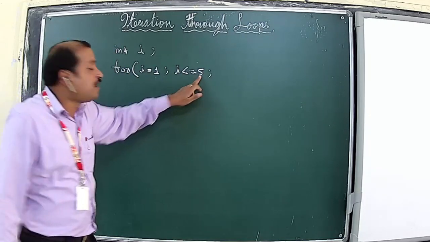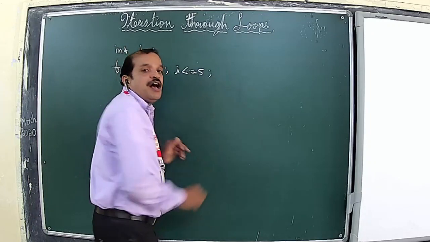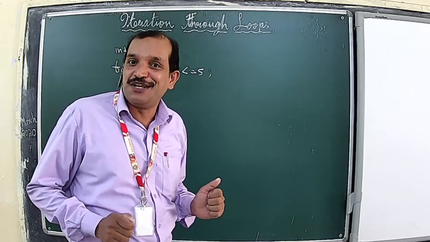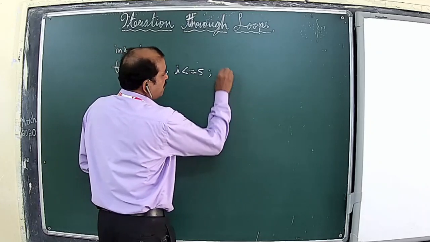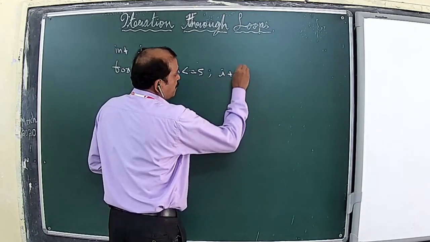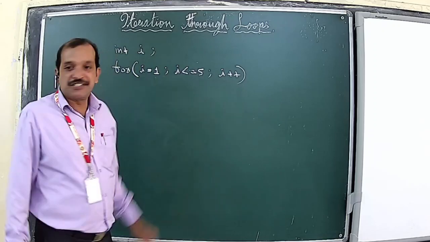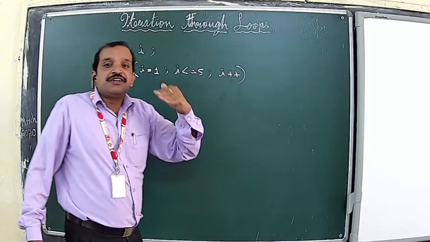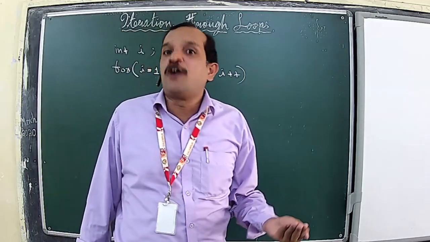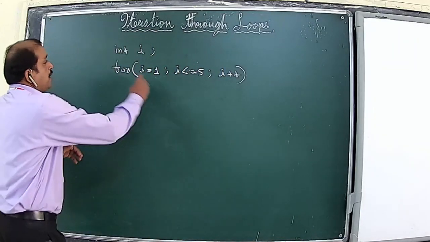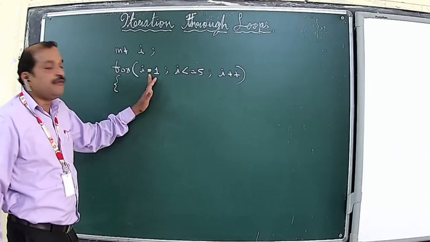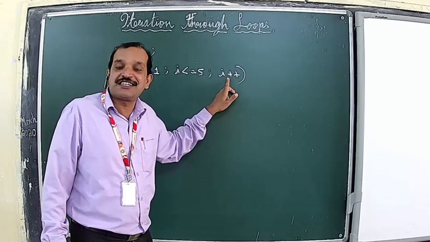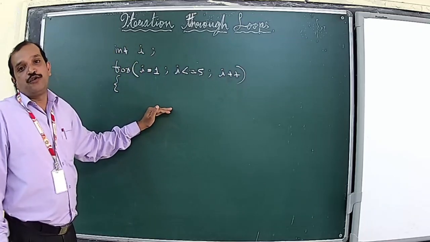And now there is the update expression, and as you know, the update expression is used to change the value of the loop control variable. You are familiar with the increment and decrement operators, I suppose. So this is i++, for those who are not familiar, the increment operator which increases the value of a variable by 1. So these are the 3 expressions that we have created: initialization expression, test expression, and update expression.